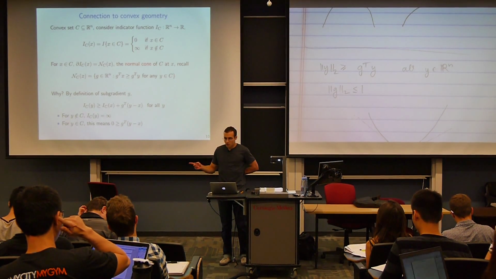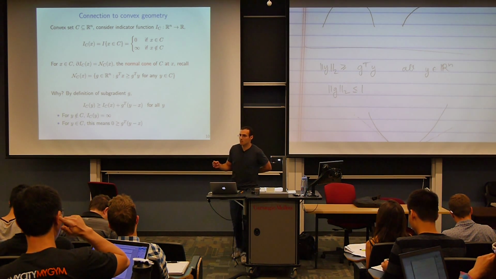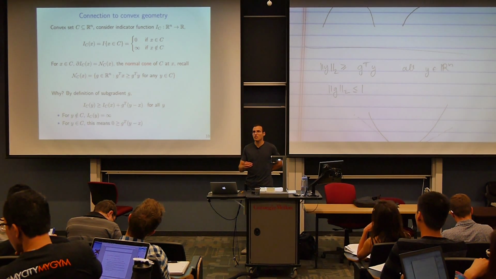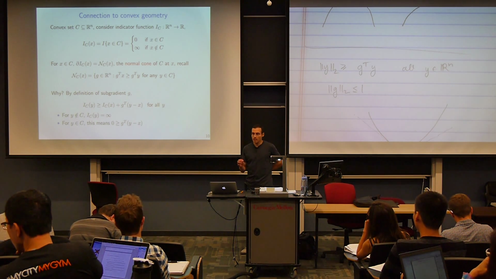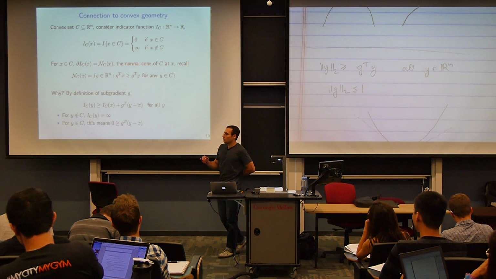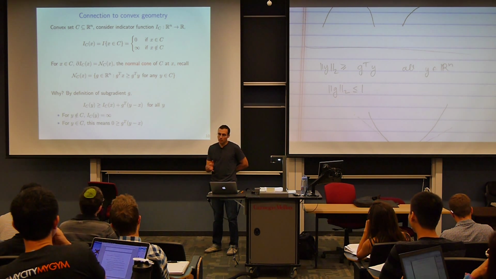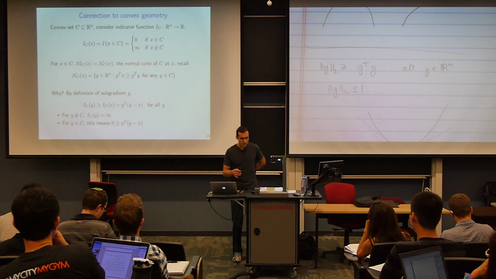Let me say one more thing about that question. It's a good question. I'll repeat it again. The question was, if a function has a subgradient at every point, does that imply it's convex? I think the answer is almost always, but not always. And the way that I would prove that, or what I would read to prove that, is that the existence